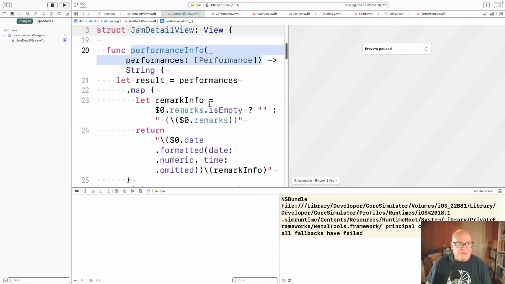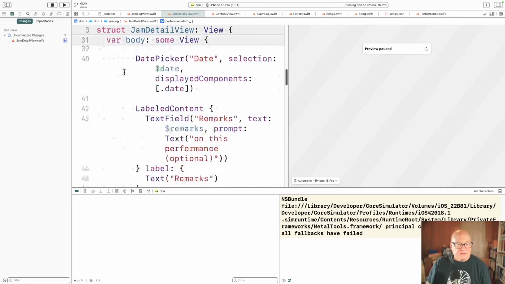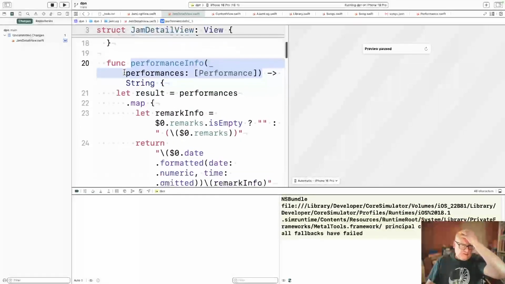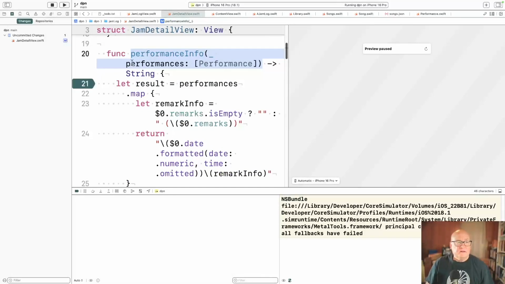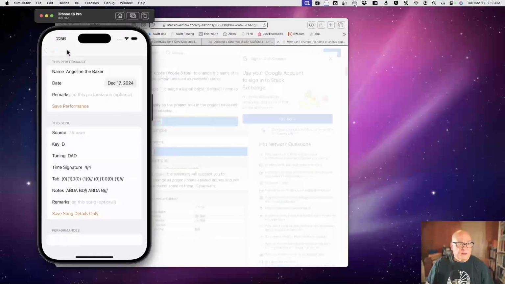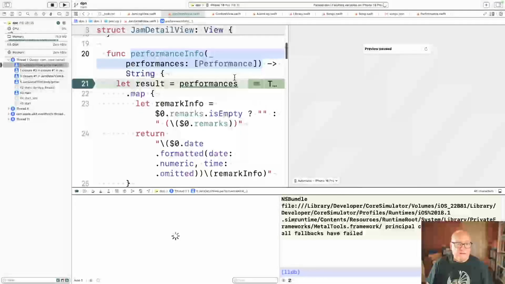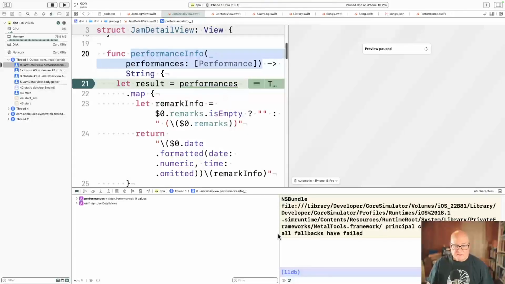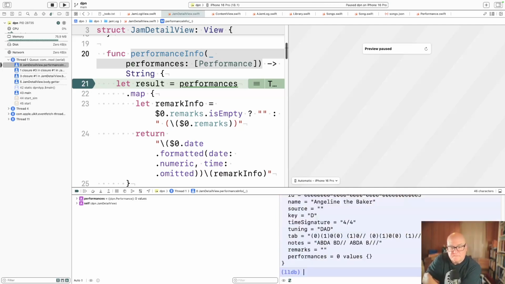Performance info for song.performances. Let's break here and look at song. Okay, so if I go back. Okay. Does it not have the performances? It does not. Okay, so let's...